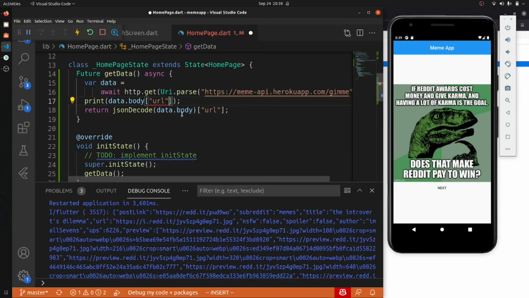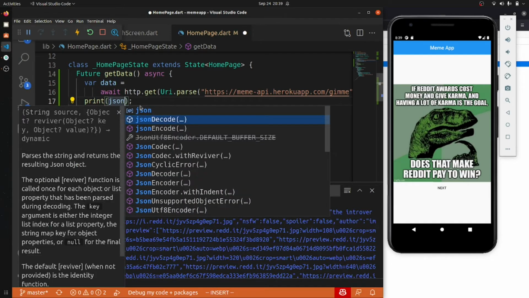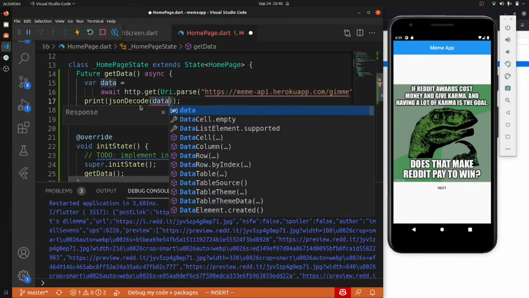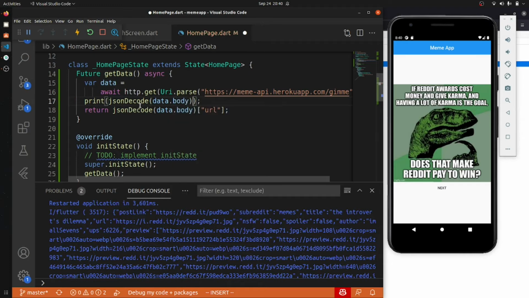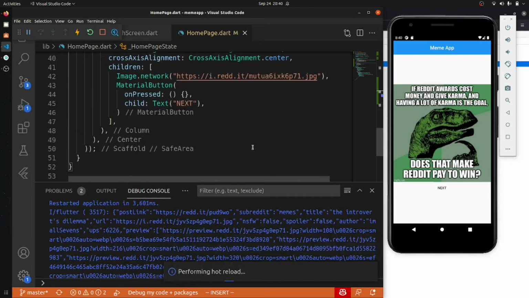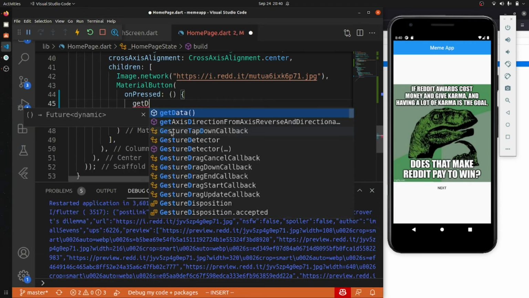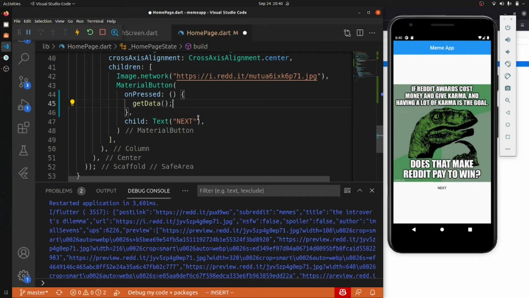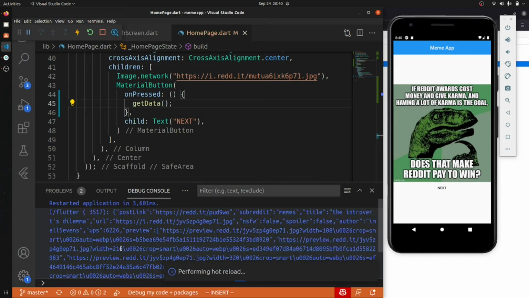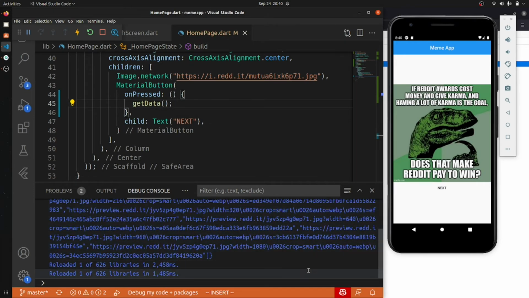We just have to print like this, JSON decode data dot body, and after this I will pass the URL. Save it. And the point this is pressed, I will call get data. Save it. So this is the way.